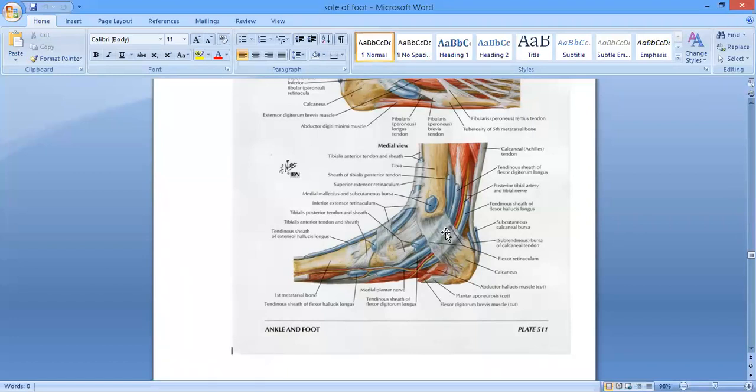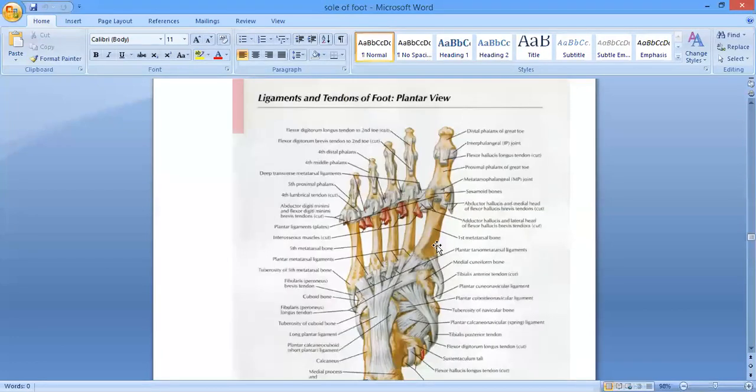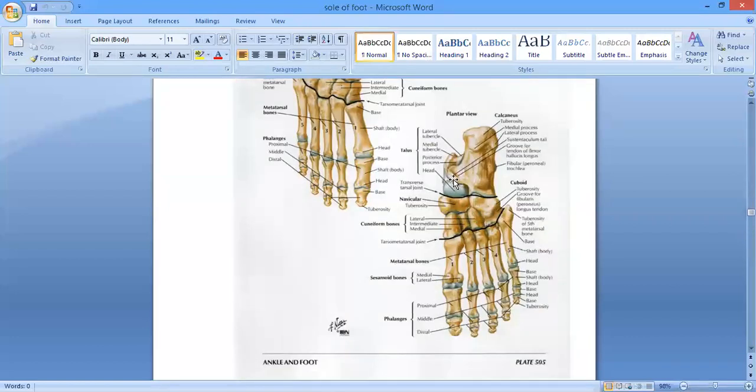So it passes behind the medial malleolus and beneath the flexor retinaculum, just running on the medial aspect of the sustentaculum tali. मैंने आपको दिखाया था ना लास्ट टाइम कि sustentaculum tali किधर है जी? Right? The sustentaculum tali क्या होता है? It is a projection present on the medial aspect of the calcaneum. किसी को याद है जी? Here you can see this one. This is sustentaculum tali, a projection on the medial aspect of the calcaneum over here, right? So इसके medial surface पे इसके ऊपर से यहाँ से ना the tendon will run downwards, ठीक है?